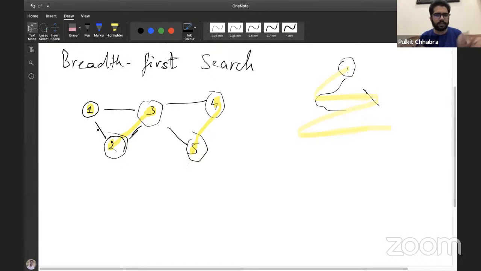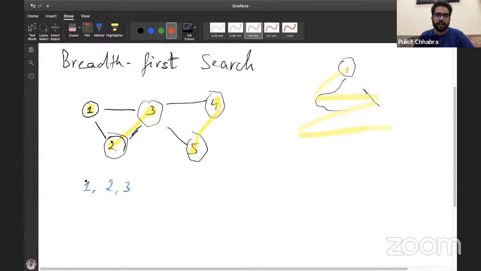And now let's dive a little more into how exactly we can implement it, right? So we'll have a data structure wherein we'll be storing some nodes, and we'll visit them in some order. Like I said, the first thing that I want to visit is going to be 1. So let's say in our data structure as of now, we have 1. Then, since we know that after 1 the next nodes that I'm going to cover are 2 and 3, which are the neighbors of 1, I can just add the neighbors.